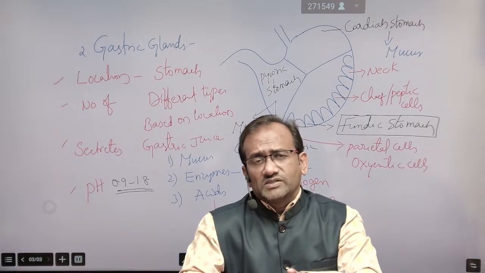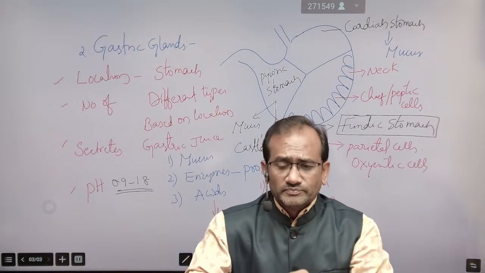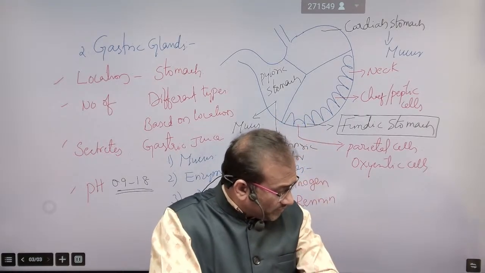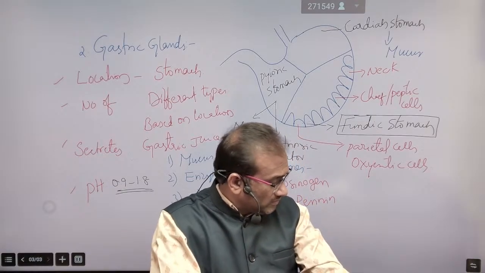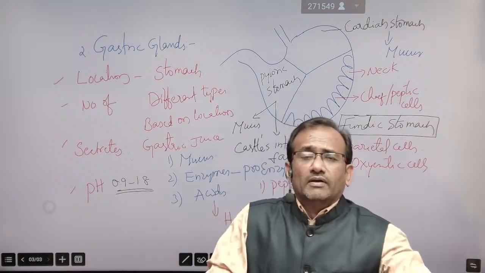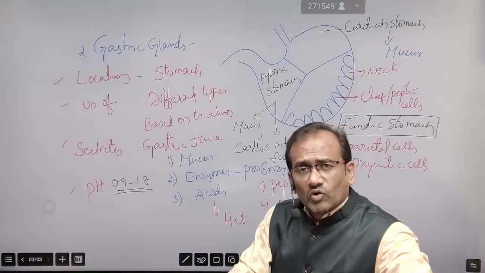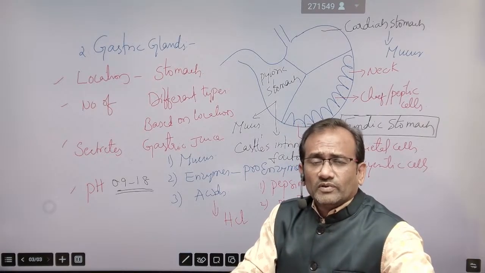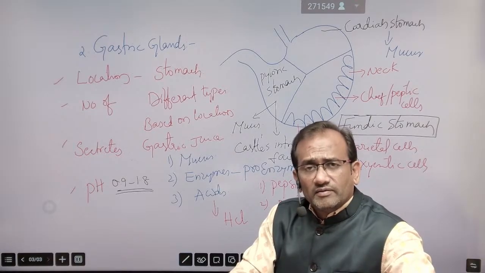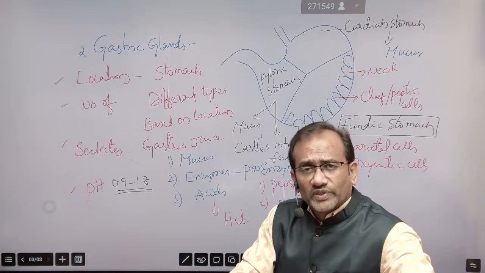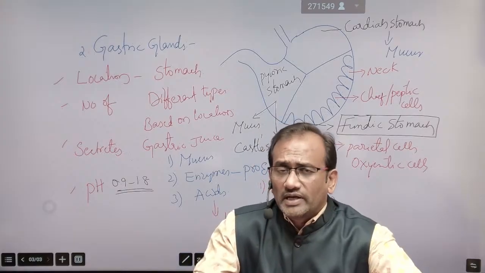Among the extra-alimentary canal glands, one is called the salivary glands, which are present in the buccal cavity. There are actually four types in the animal body, but in humans the salivary glands are only three pairs. The first pair is the parotid gland, the second is the sublingual, and the third is the submaxillary or submandibular glands. Just now we discussed it.